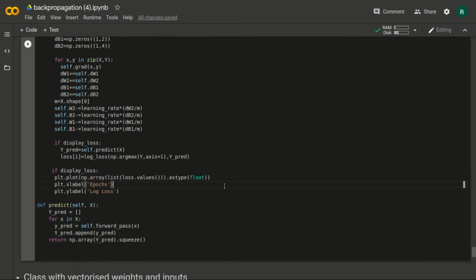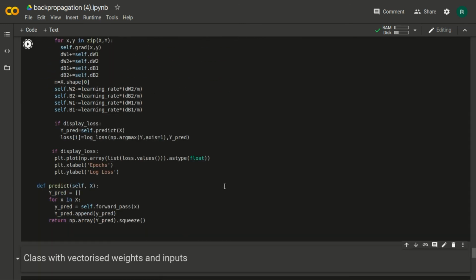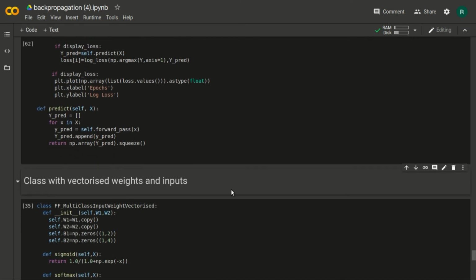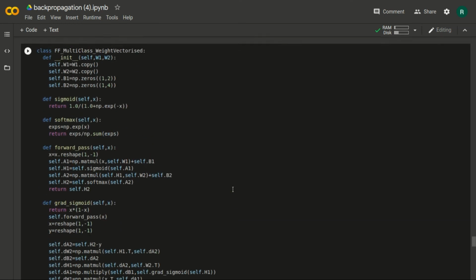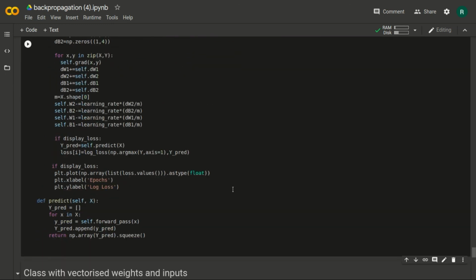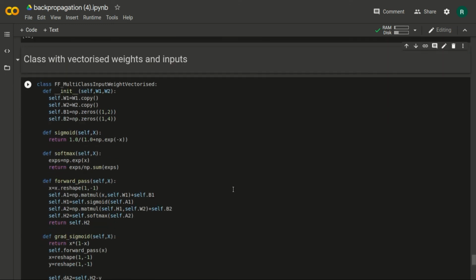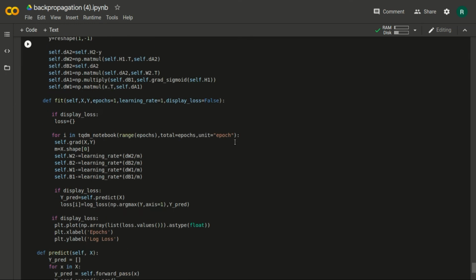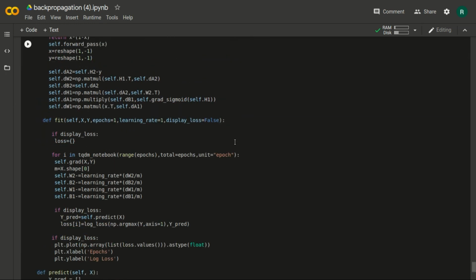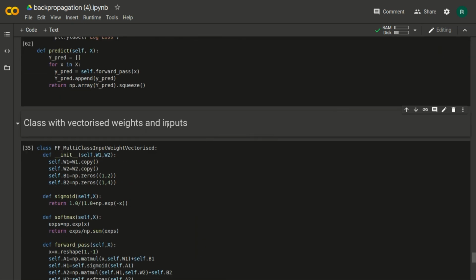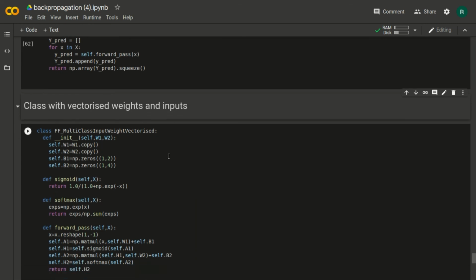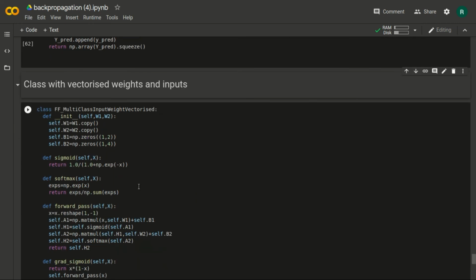Let's move on and predict with this one. Here we are not training our model on it, but just for understanding purposes we have done this. Similarly it will be the case with vectorized inputs, and the same thing we did there we have done here.